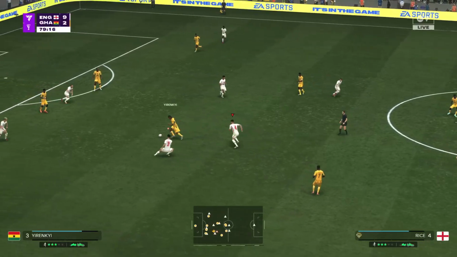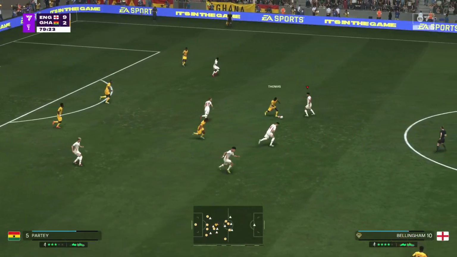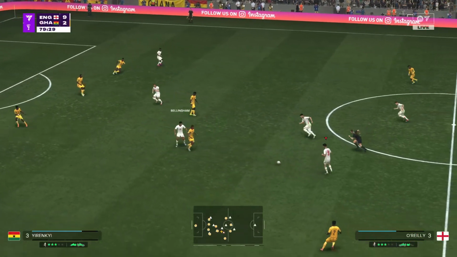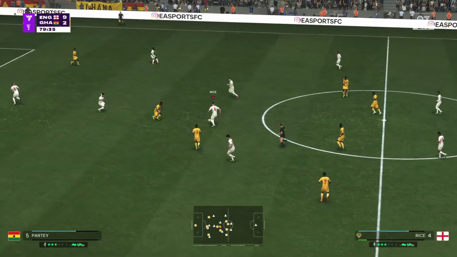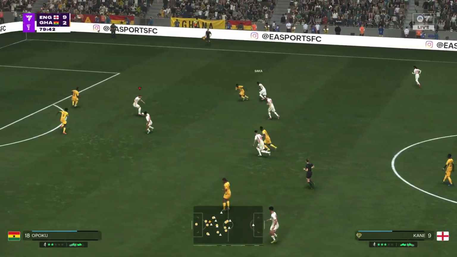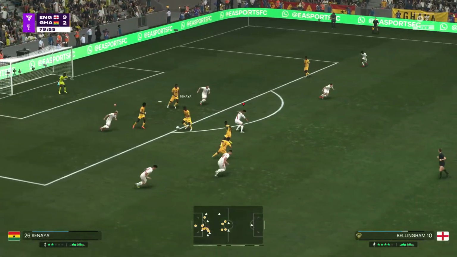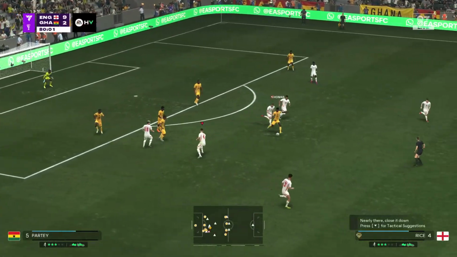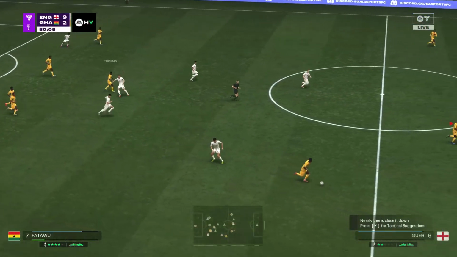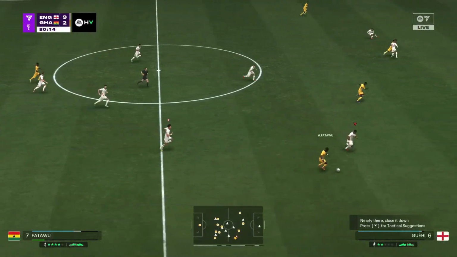Certainly not alone, but it fizzles out thanks to that piece of defending. Jude Bellingham. And there it breaks down, but credit to the defence. Now counter-attacking possibilities.